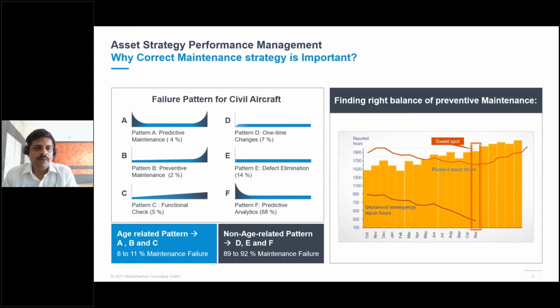These are the 6 failure patterns typically observed with any asset. Failure patterns A, B, and C are age-related failure patterns and can be addressed by using a preventive maintenance approach. Failure patterns D, E, and F are random-based failures typically observed with your machines. In one survey done on an aircraft, you can see almost 90% of problems are related to non-aging or random-based failures, and only 10% of problems are related to age-based failure